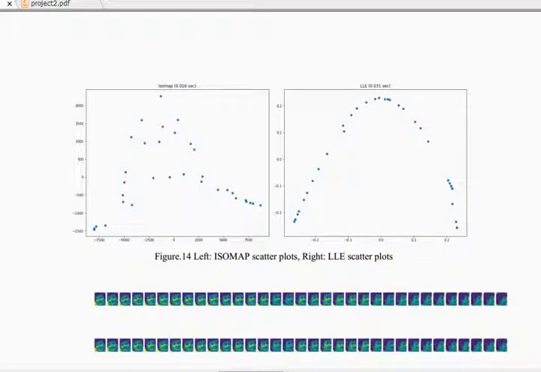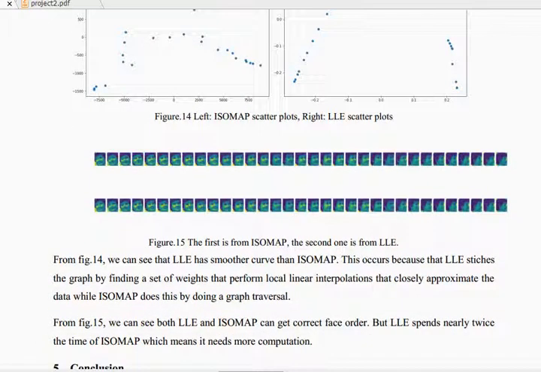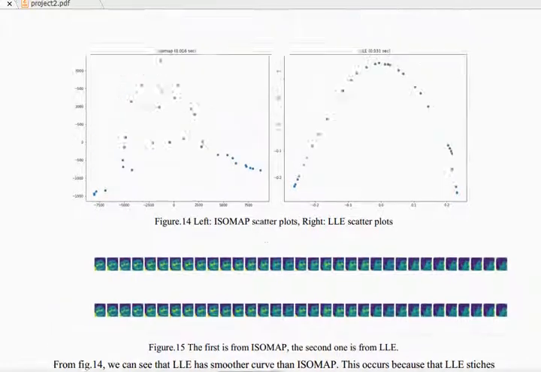This is the scatter plot of ISO map, and this is the scatter plot of LLE. You can see the scatter plot of LLE is smoother than ISO map